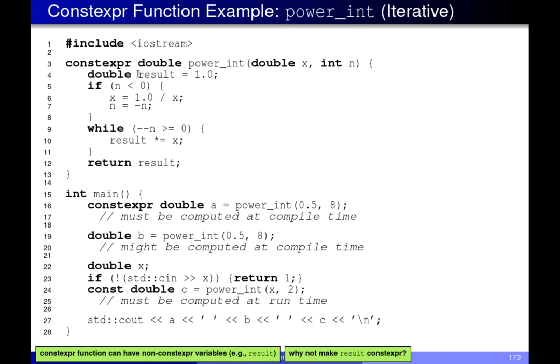So for example, if we look at this variable result, what it's doing is it basically sets the result to 1, then it does some iteration, basically doing repeated multiplication, and returns the result here. Why would we not want to make result Constexpr in this particular function? You're modifying it. Right. Well, yeah. So if I were to add Constexpr in front of double here to make this a Constexpr variable,